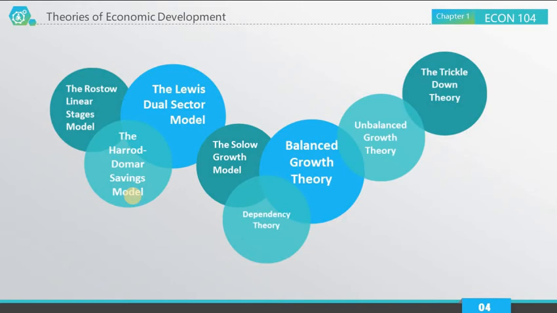Next po, we have the Lewis dual sector model. So this kind of model is a structural change model that explains how labor transfers in a dual economy. So, dito po, ang binibigyang diin dito ni Lewis dual sector is that the industrial sector must double their efforts para po makapag-generate ng income. Okay, so sabi